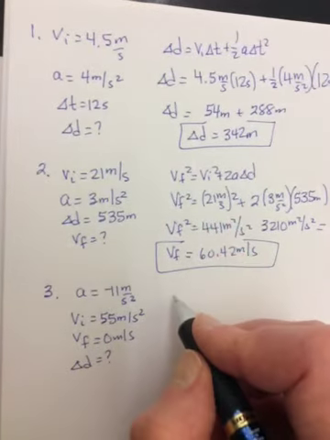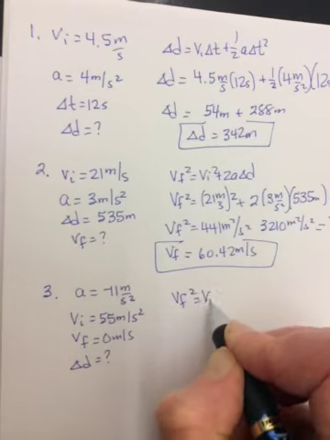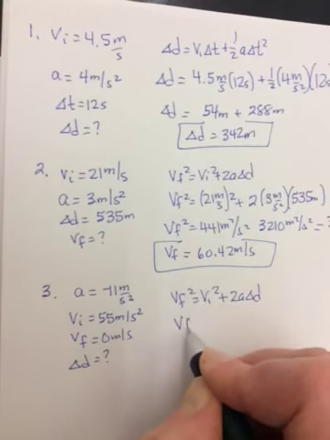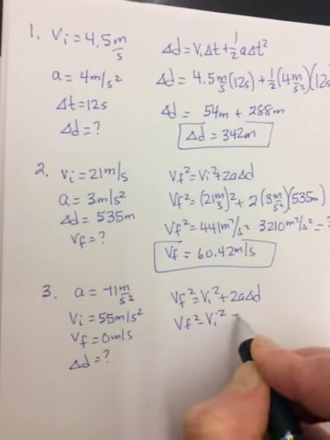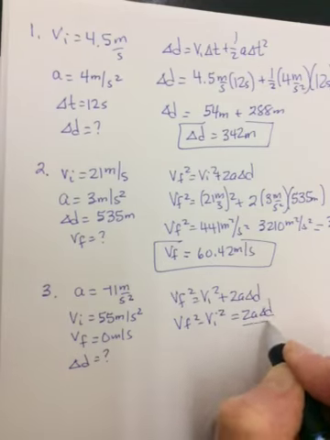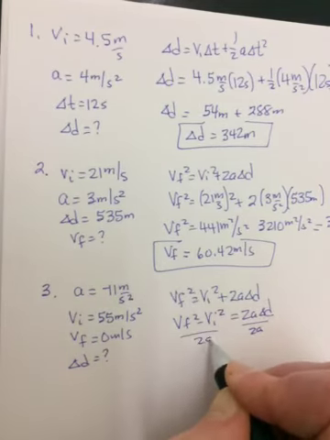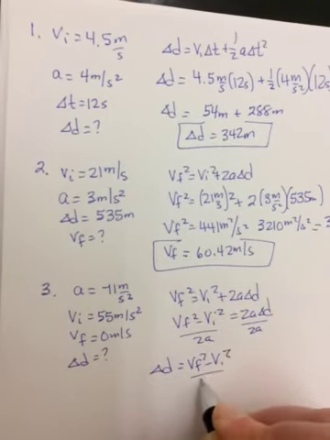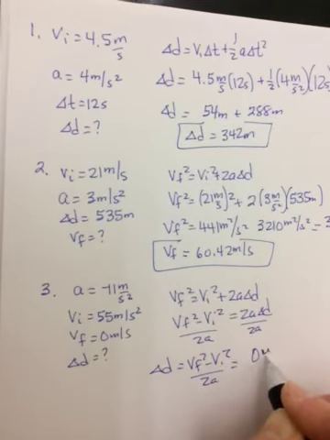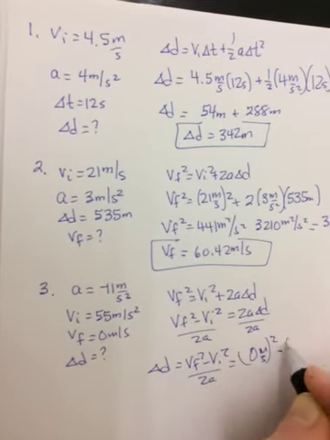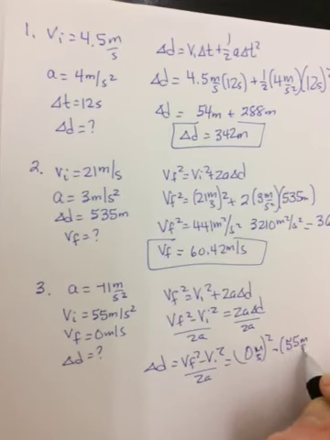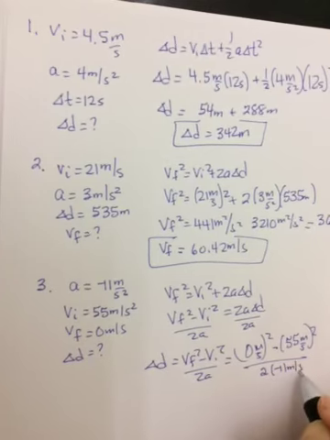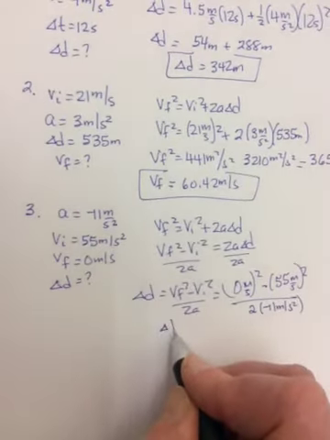It's going to be VF squared again. VF squared is equal to VI squared plus 2A delta D. Rearranging for delta D. So VF squared minus VI squared is equal to 2A delta D. Divide both sides by 2A. So delta D equals VF squared minus VI squared over 2A. So 0 meters per second squared minus 55 meters per second squared divided by 2 times negative 11 meters per second squared. On the top, you're going to get a negative,